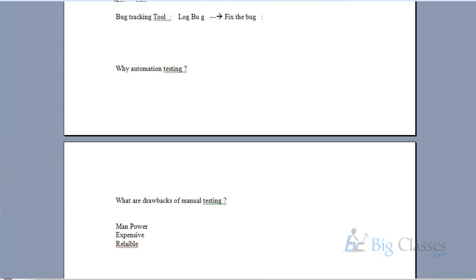Speed, you can't test at that much speed if you compare with automation. That's what you are trying to say? Yes. So manual testing is quite slow.